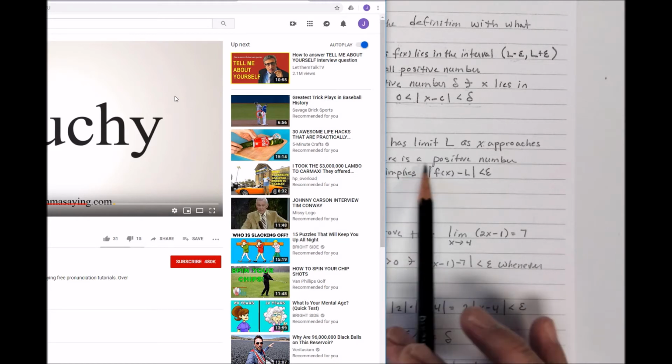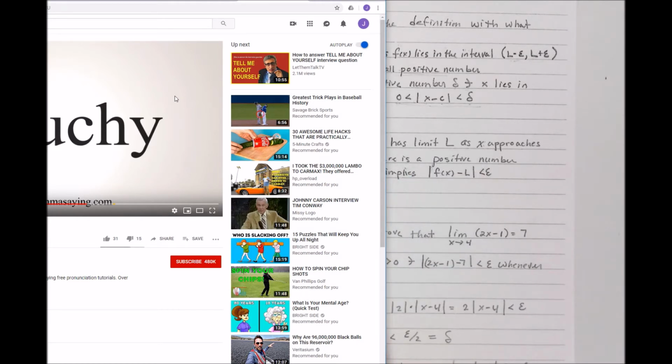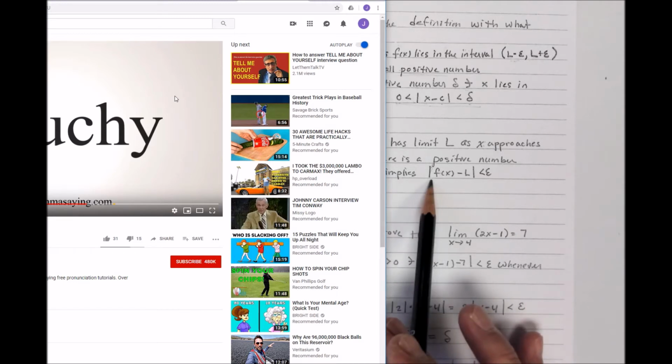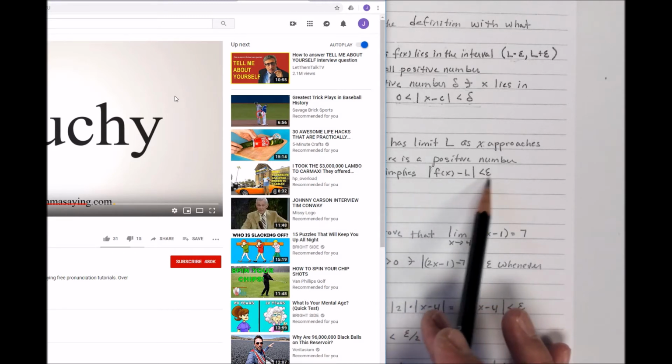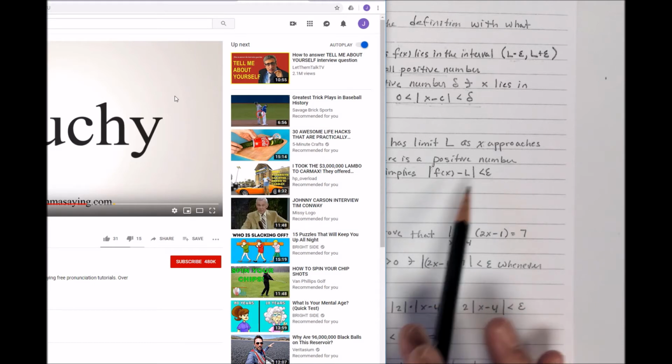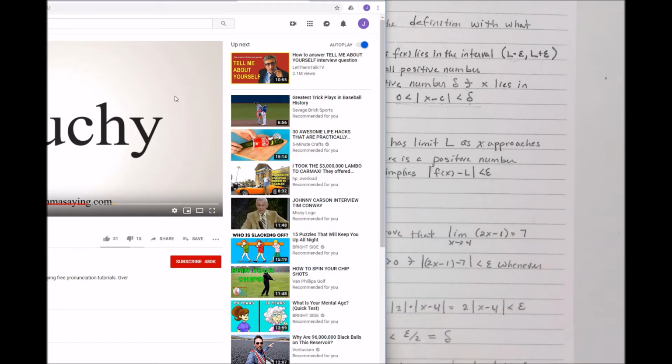There is a positive number delta such that for all x, 0 is less than the absolute value of x minus C is less than delta, implies that the absolute value of f of x minus L is less than epsilon. So you pick an epsilon, I have to find a delta that makes that true. And if that's the case, we say that the limit as x approaches C of f of x is equal